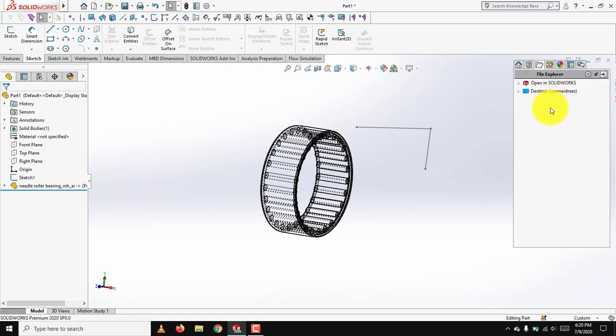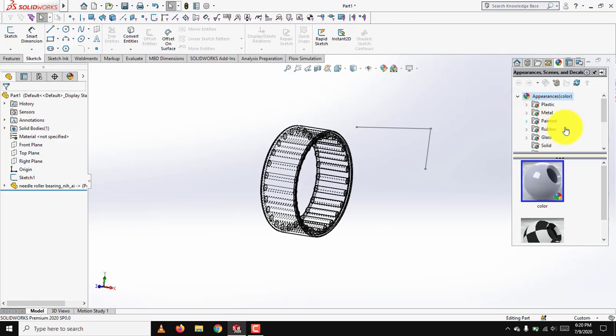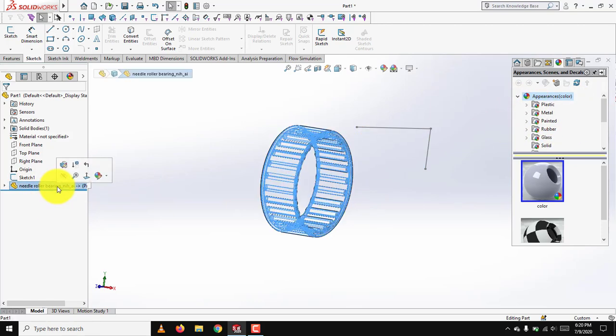You want to open something from your data, from your directories and internal storage. Next one is appearances. Appearances are colors. If you want to make, let me make a part, and